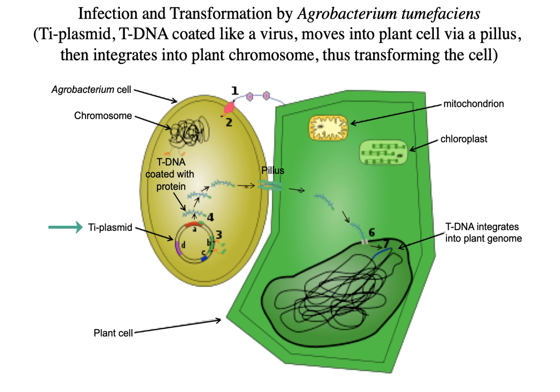So there's the TI plasmid. Plants form certain compounds, phenolic compounds, that then stimulate the TI plasmid to start producing the virulence factors, which then form copies of the tDNA region, which is then coated with a protein, and then the contact is made between the bacterial cell cytoplasm and the plant cytosol, and the tDNA is transferred into the cytosol, then into the nucleus, and then it integrates into the chromosome of the plant cell, where it starts producing the plant hormones to cause cell division, callus formation, and eventually forming a large